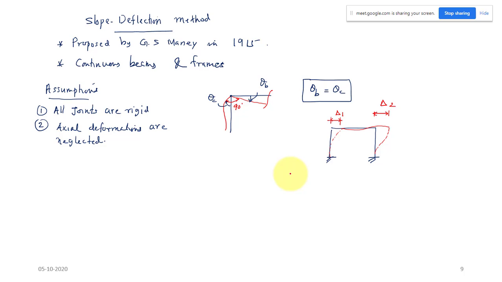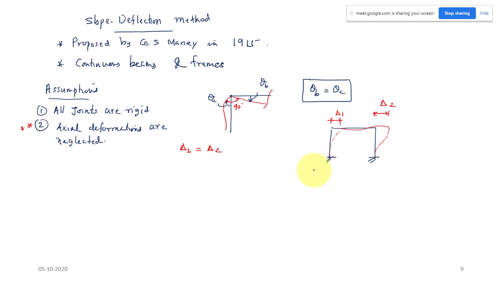So this assumption says axial deformations are neglected. That means if you apply this condition to the beam, you will get delta 1 equal to delta 2. This condition will be applied throughout all the methods. We will not consider the degrees of freedom with axial deformation. We will be considering only the degrees of freedom without axial deformation, because in any beam or frame kind of structure, the deformation due to axial forces is very small, because there is no axial force acting like in a truss, where we have axial force.